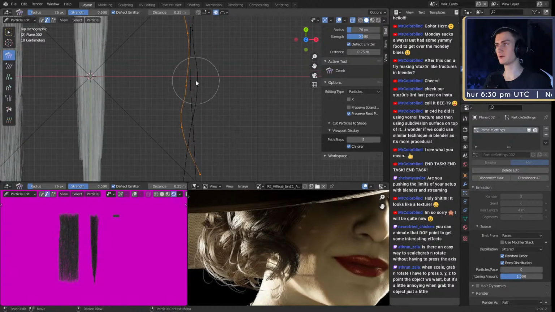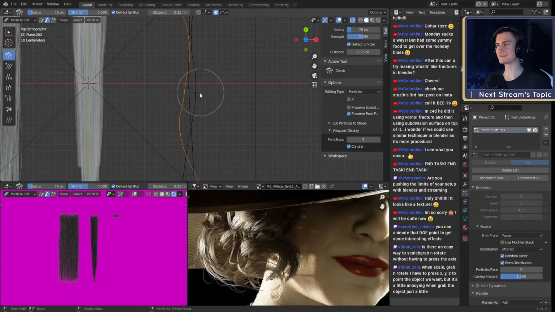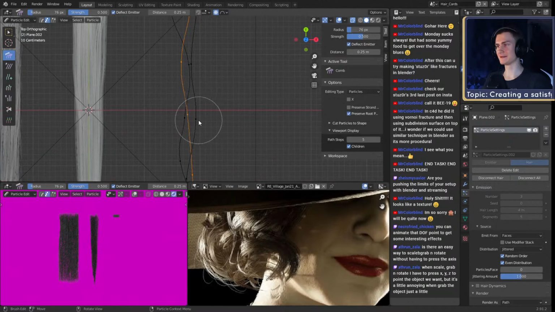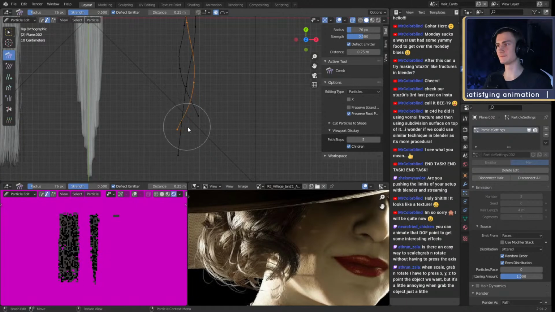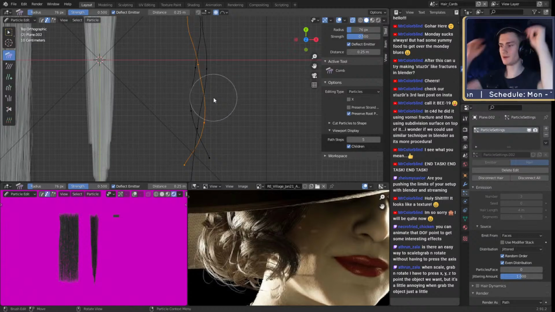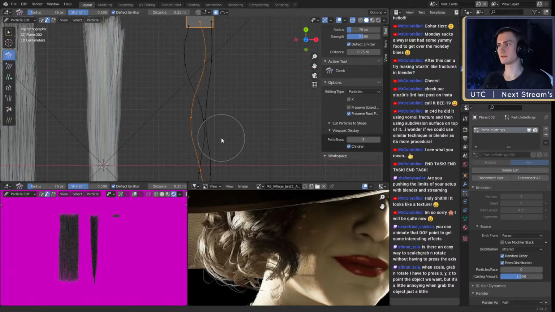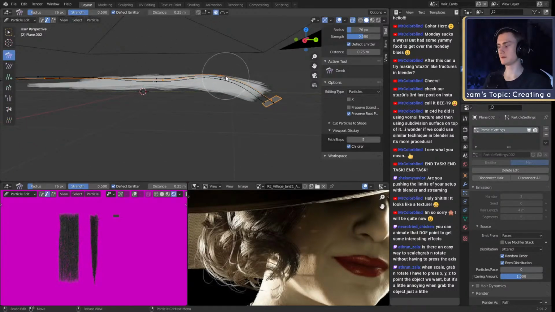Those are just small, what you would call them, deviants that are going to be added in the end. They're not going to be a lot, but they will add more detail and also more realism, because you will always have these small hairs that just deviate from the main scalp of hair, and adding those will really help sell that the hair looks real. I mean, we're probably not going to go for full realism, but